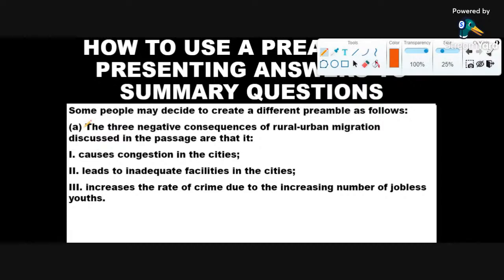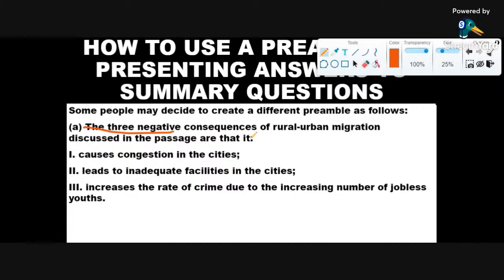So look at the preamble. The 3 negative consequences of rural-urban migration discussed in the passage are that, you see, this is it. Then there is a colon here. This obviously is a preamble. And when you create this type of preamble, you make your answers part of your preamble,